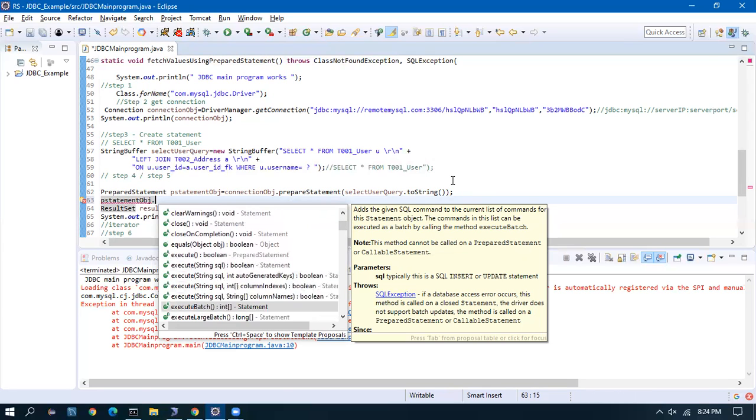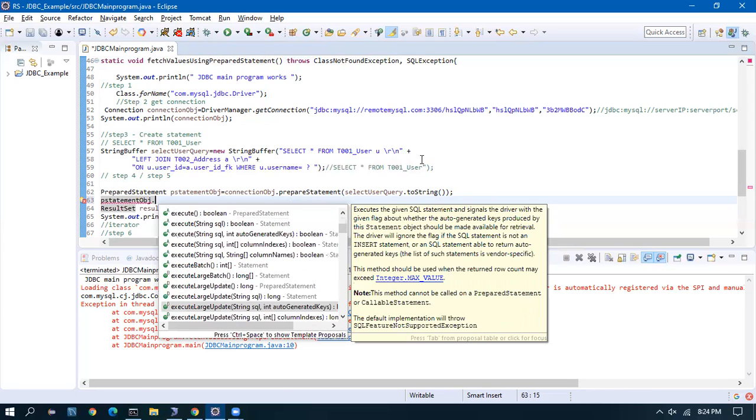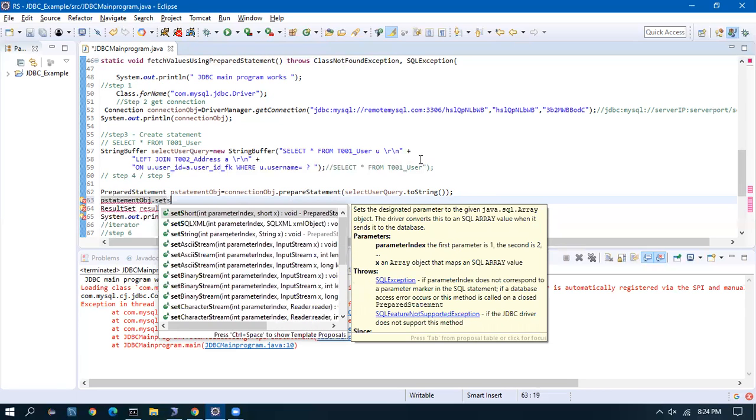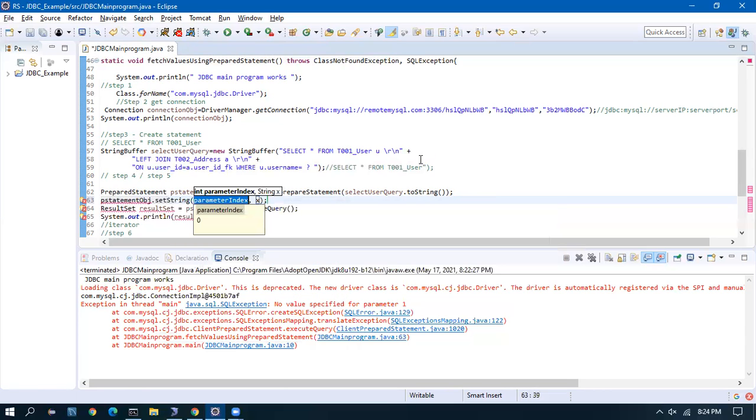Everything has a different meaning. I'll come back and explain a few things here. I will add now set string of first question mark, meaning in the first place, you set Sunday.